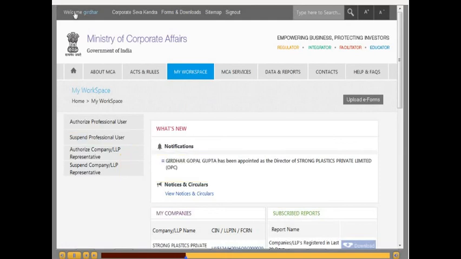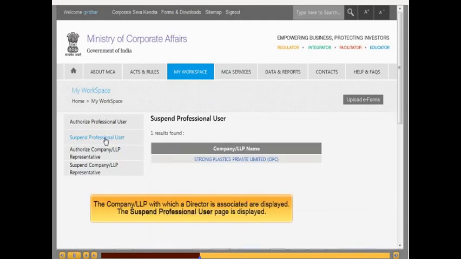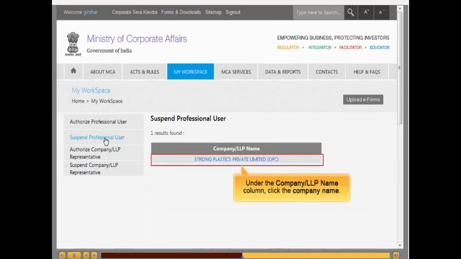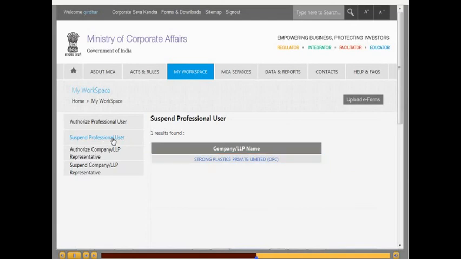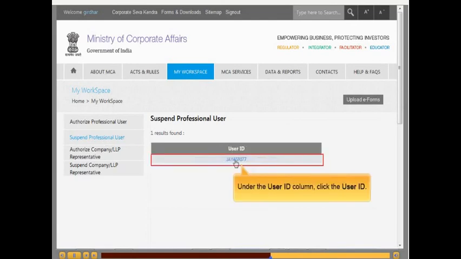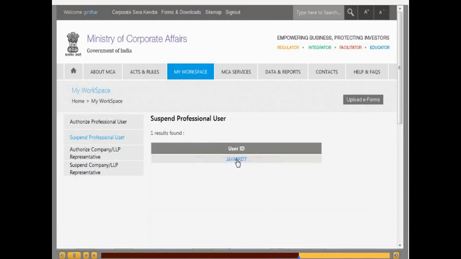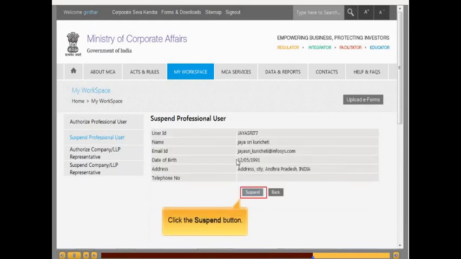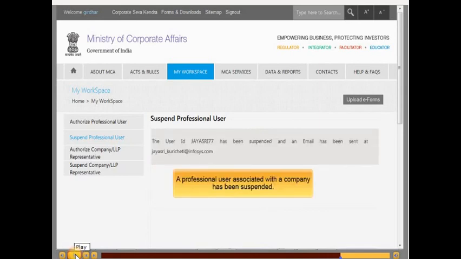Click suspend professional user, then click the company name. There you have to click the name of the person. Click suspend. That's all. She has been removed from our company.